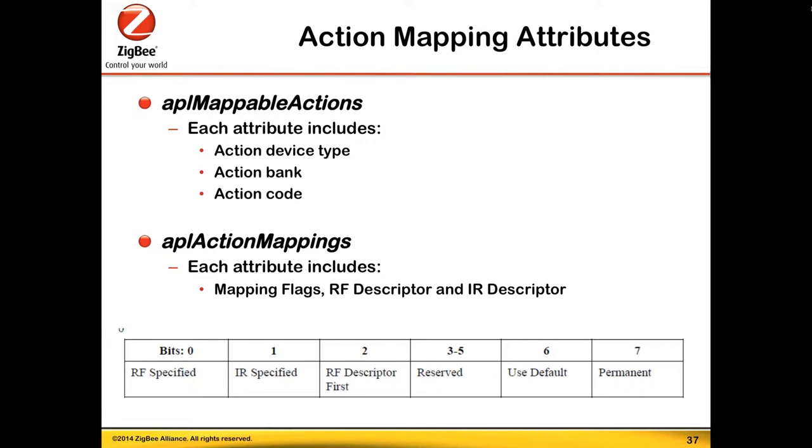Now, the attributes, it's what you would expect as necessary. Each attribute includes device type, bank, and code. Bank and code we already talked about, so it's basically which group and which specific action within the group of actions. But device type is interesting because it actually allows the set-top box to reconfigure how a remote control would